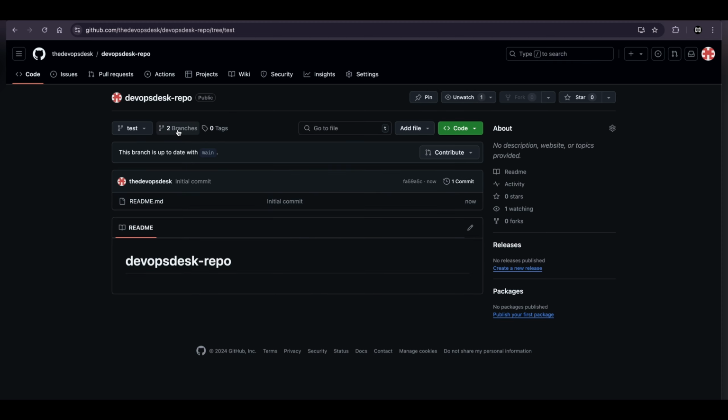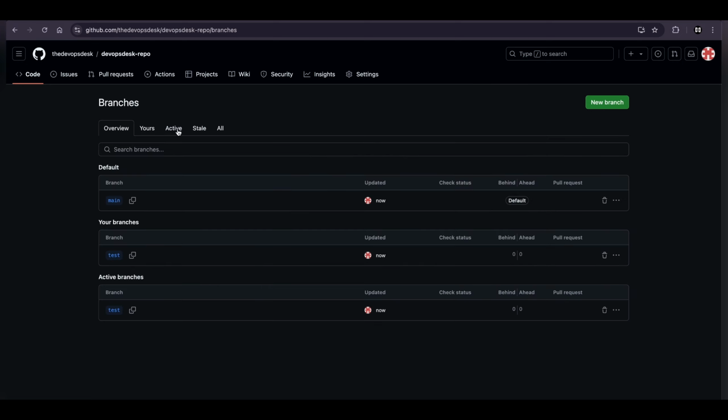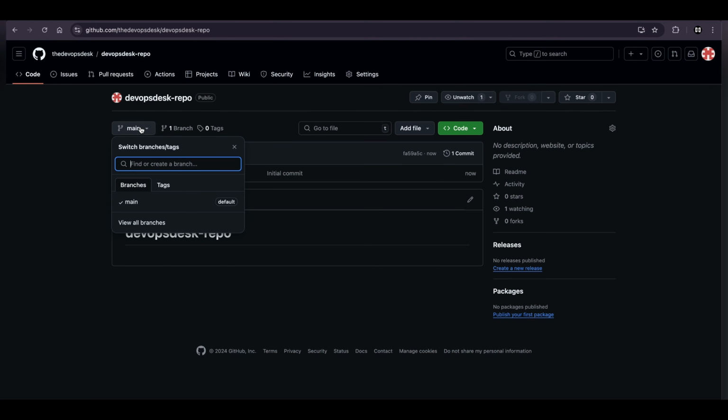Okay, now here you can see two branches are available. For example, I want to delete this branch. I don't want this test branch, so you can delete it here directly. Deleted now. Okay, let's go back to code and check it. Only one branch is available here. Okay,